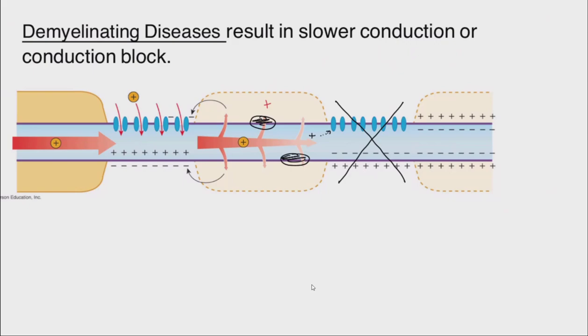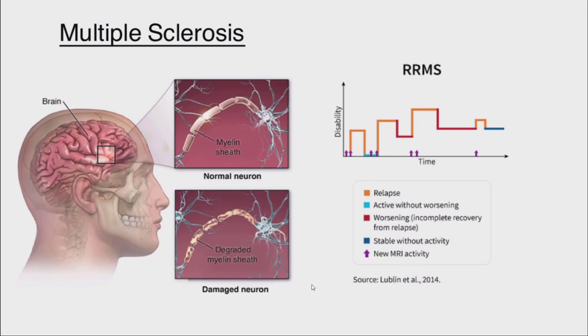Multiple sclerosis is perhaps the most famous demyelinating disease, so I'll briefly talk about that. So multiple sclerosis is an autoimmune disease, and therefore your immune system attacks the myelin sheathing created by oligodendrocytes in the central nervous system. And so as a consequence, the neural pathways are disrupted. Now, what do I mean by a neural pathway? Neurons form networks